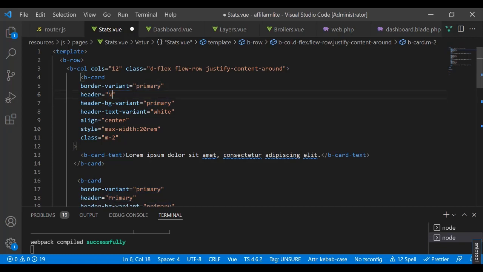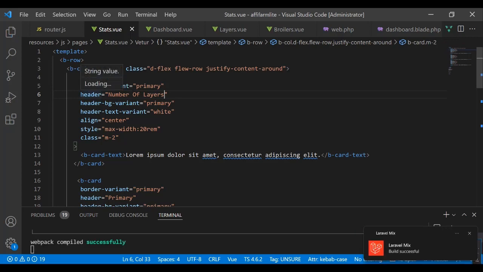number of layers, and then the other should be